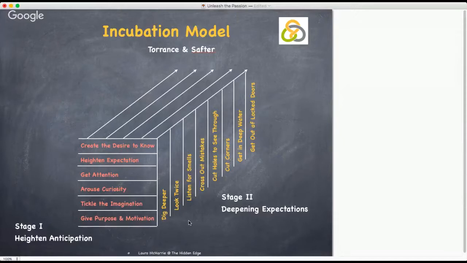Get out of locked doors. Solve the unsolvable. Open up to new possibilities. Go beyond more and better of the same. Learners may use one or many of the above processes to uncover new ideas, make new connections, and to explore unexpected opportunities. It is important to remember that learning within this stage is not meant to be the start